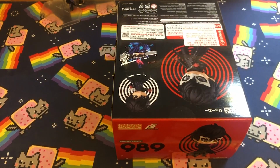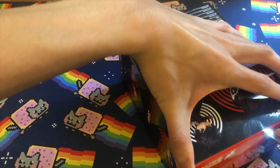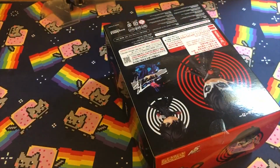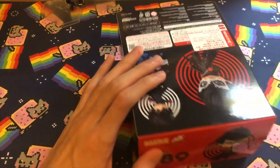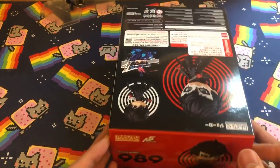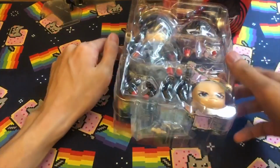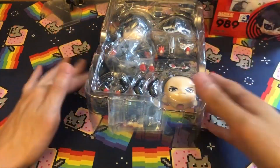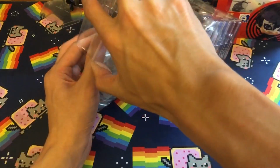Of course, this is not the first Persona 5 Nendoroid to be released. The Sakura was also released, but I did not get Sakura. I am debating if I should now, but I'll see. I already ordered Queen, so we'll see how that goes. Most likely I will order it though, so